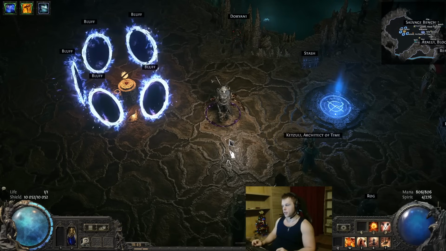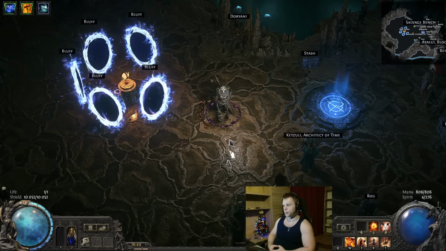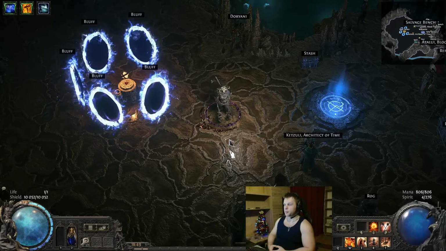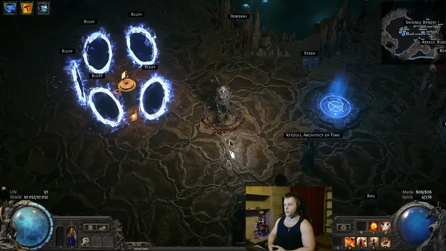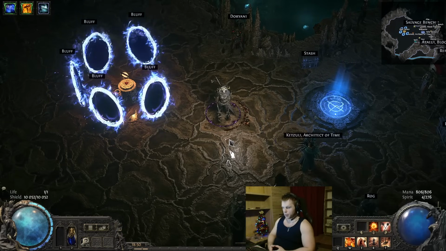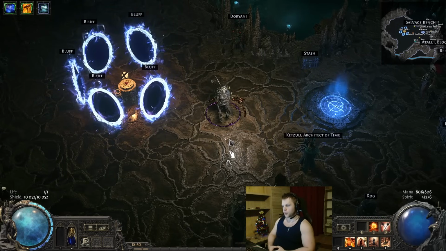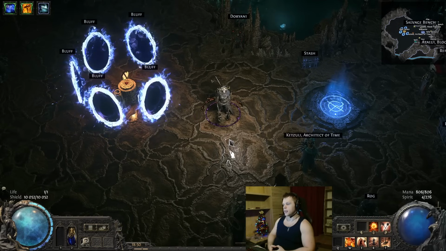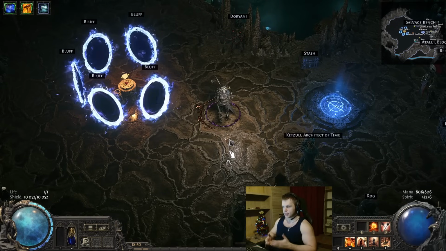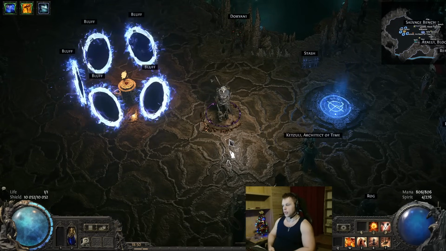There are things that you just need to have in order for the build to function. Without these things, it's just going to feel really bad. I know it because I leveled up and tested everything. And from my experience, I can tell you right now, guys, that you definitely cannot just start this build as is. You will have to level up your Titan until level, I don't know,